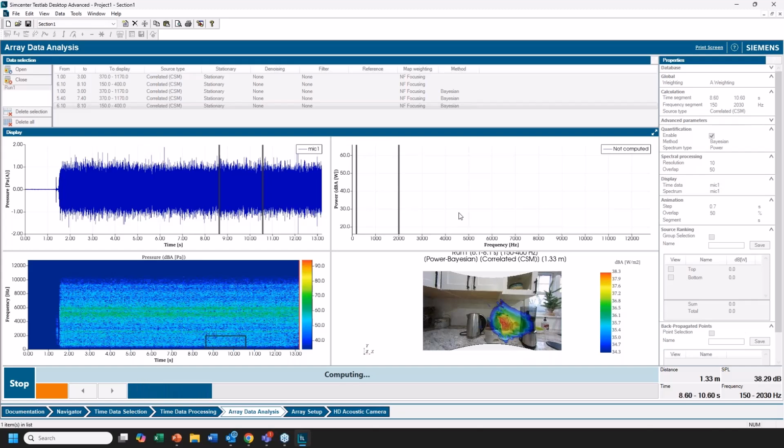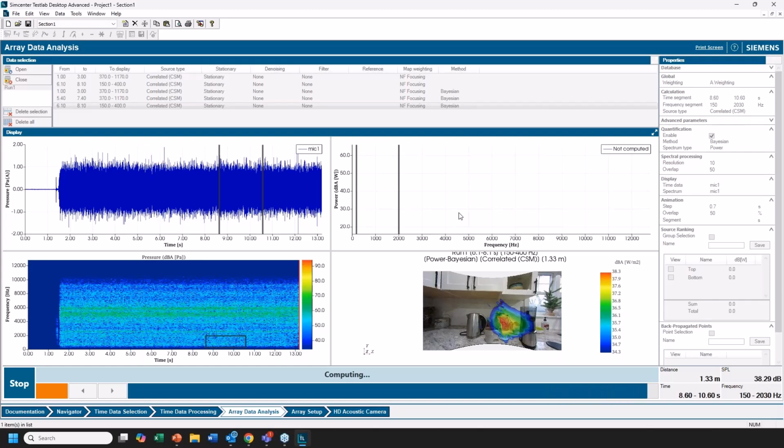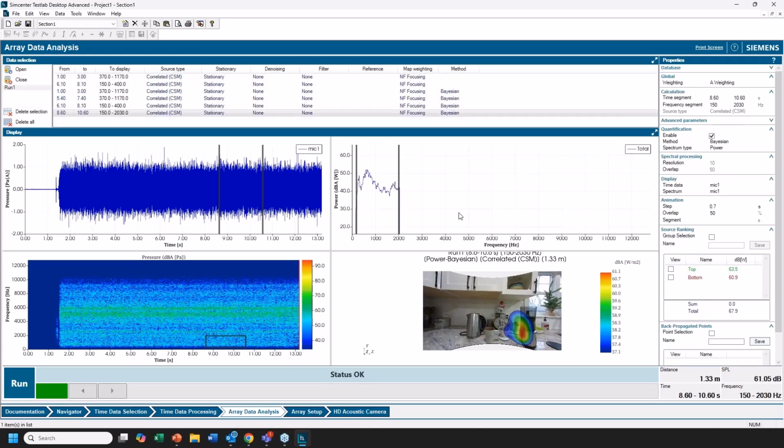This calculation can take a little bit of time just because it's pretty labor intensive. As it runs through, it's calculating all those frequencies and seeing where that greatest noise source is coming from. Because we picked such a large frequency band, it's going to take a couple seconds to give us that result. And it's almost done. Okay. So now we can see that things are more on the bottom of the coffee grinder.